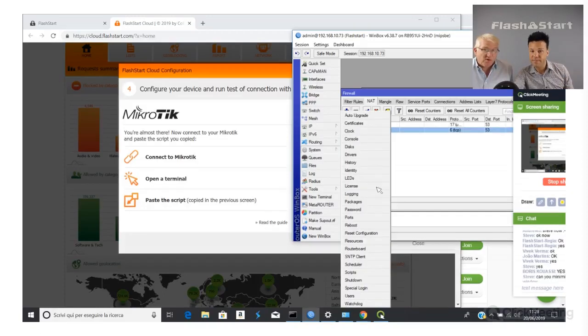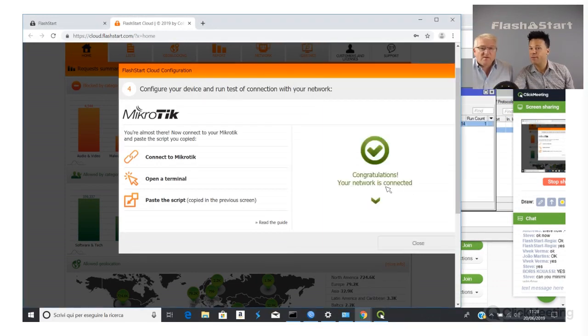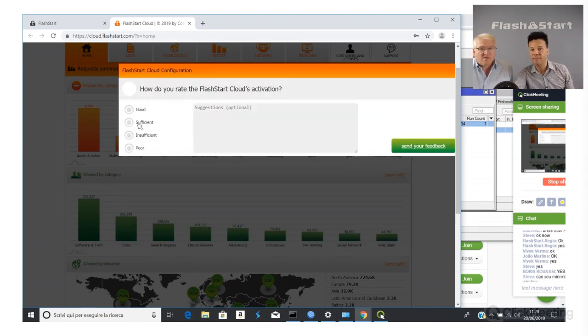And I see the count just moved to 1 there as you were talking. Yes, system script count 1. Congratulations, your network is connected. Close. The system automatically, okay, can I send a good feedback? Everyone is okay.